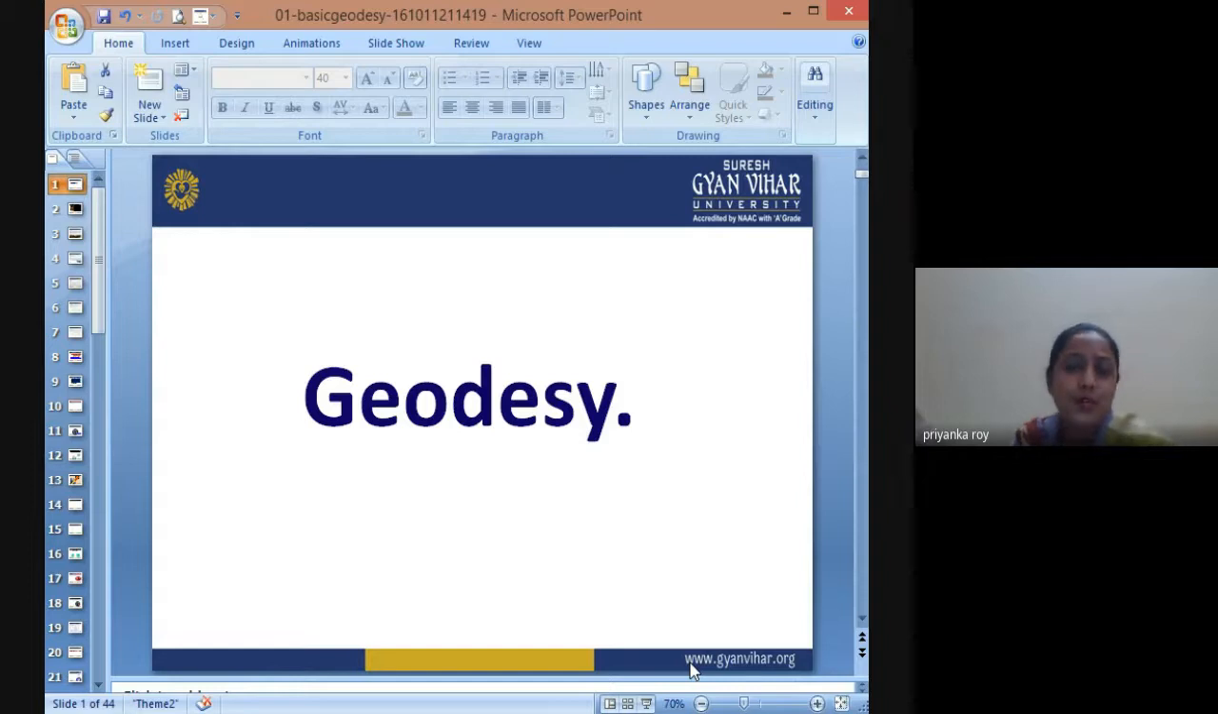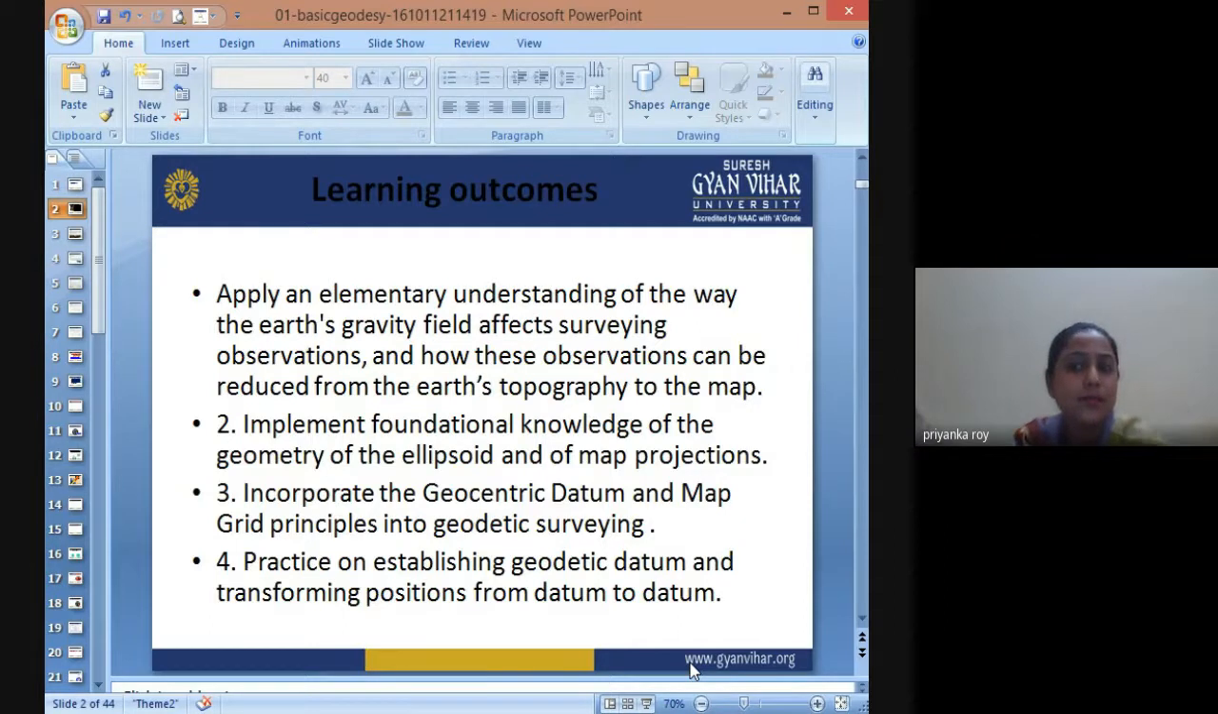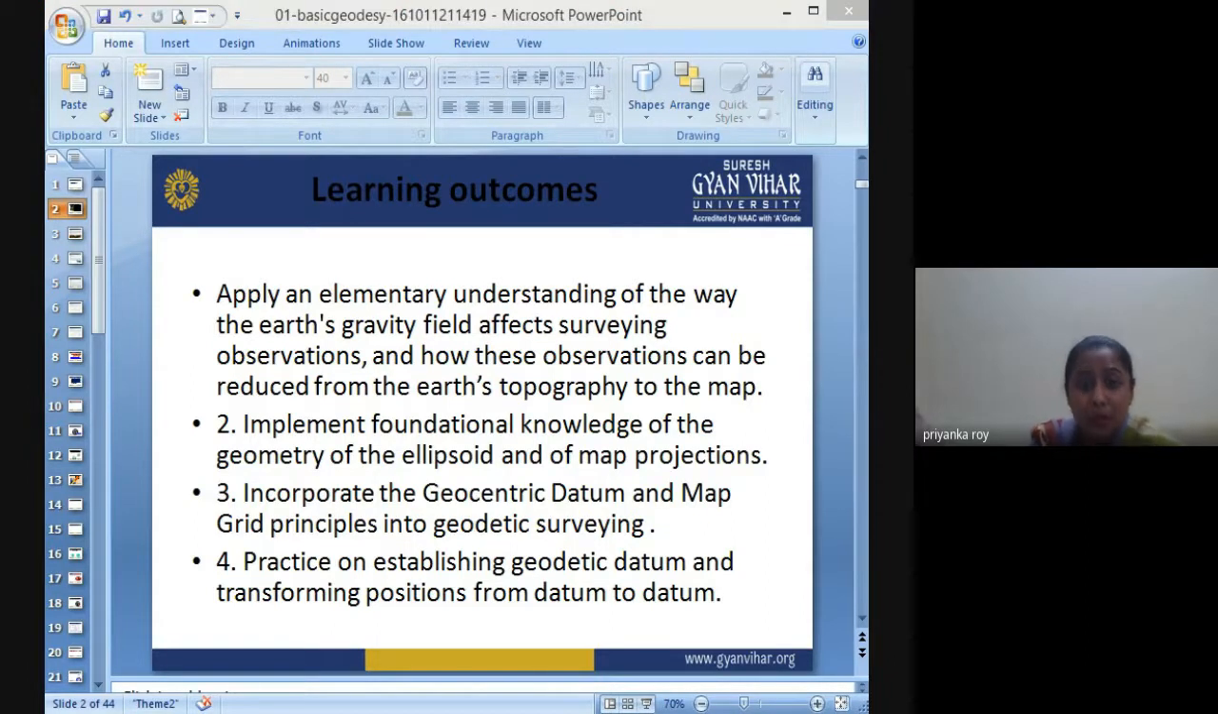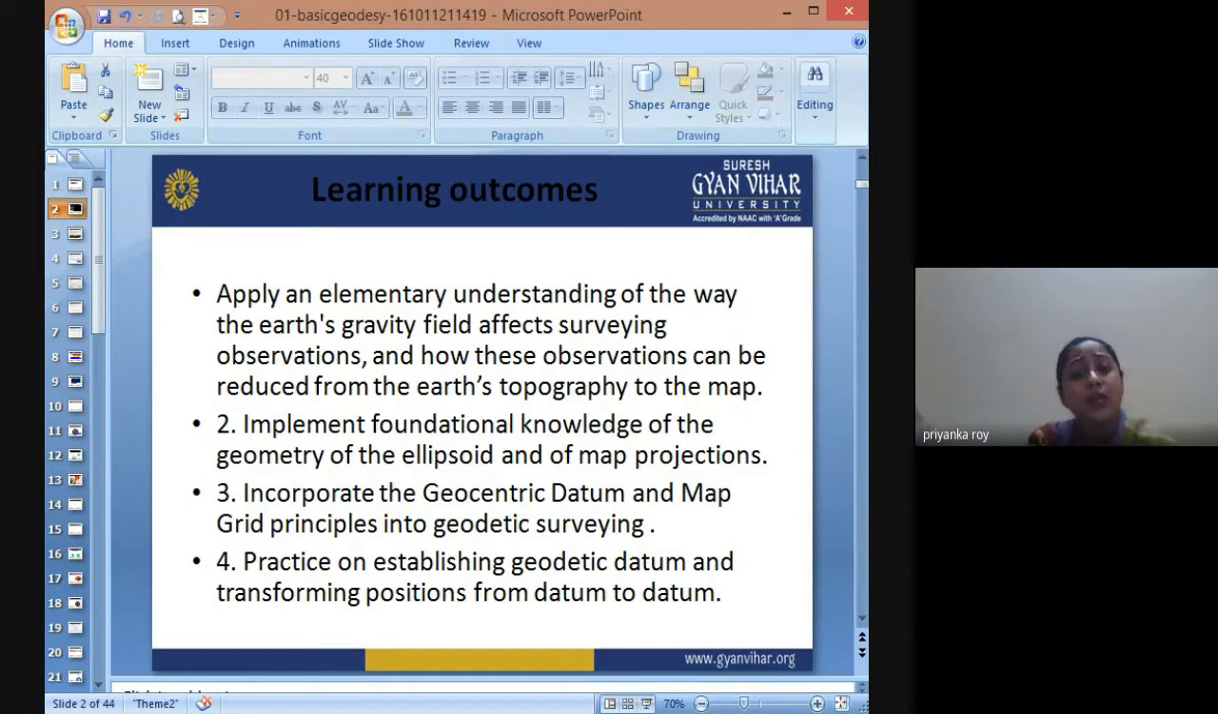Good morning. So today we are going to learn about geodesy. What is geodesy? Let's define what geodesy is. In the process of learning this chapter, we will be able to apply an elementary understanding of the way the Earth's gravity field affects surveying observations and how these observations can be reduced from the Earth's topography to a map. So how can it be put onto a map projection where we have observed land